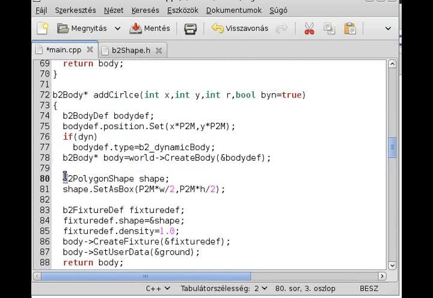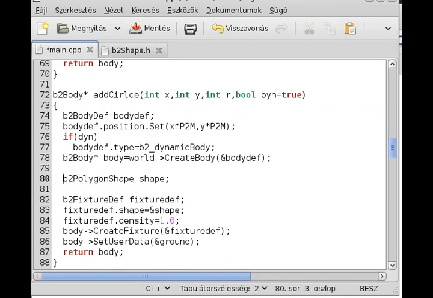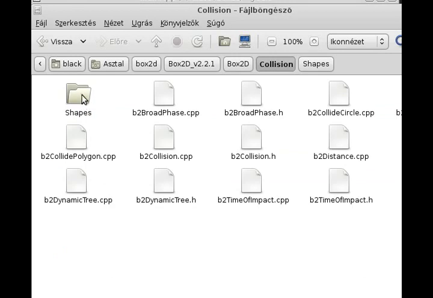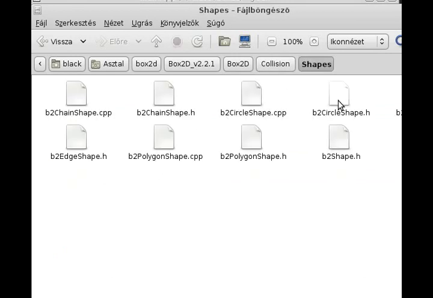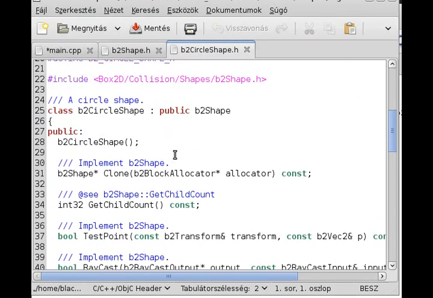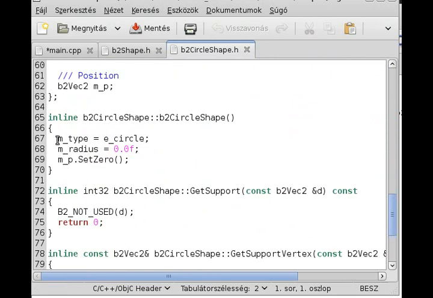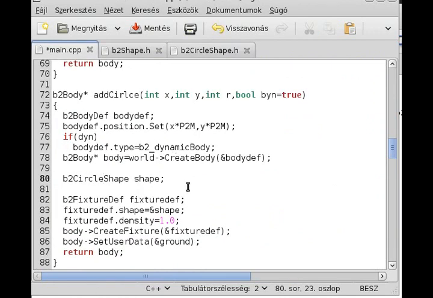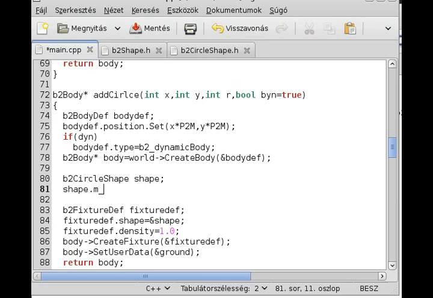And here where we set the body type, it will be not a polygon shape, but a circle shape. If I open up the circle shape header file in the collision shapes, b2_circle_shape.h, you can see that it has an m_type, which we don't want to modify, it's automatic, and m_radius, which we want to modify. This is the radius, so let me immediately modify that. So shape.m_radius, and this m_radius will be the r, and remember we have to convert it to meter,